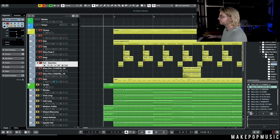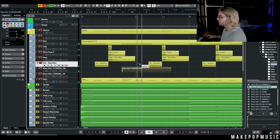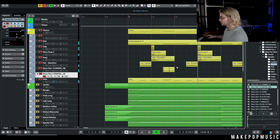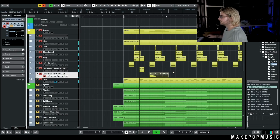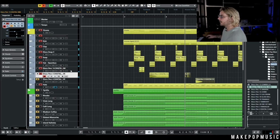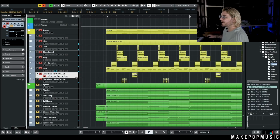So let's do like a 16th. And let's pull in this. Cool. And then I'm just gonna add a couple little EQs and get these sitting right in the mix. All right, so now we got these sitting right in the mix. So total we have